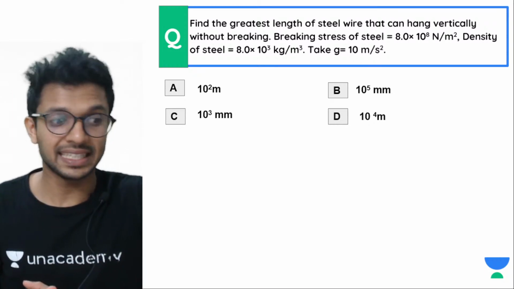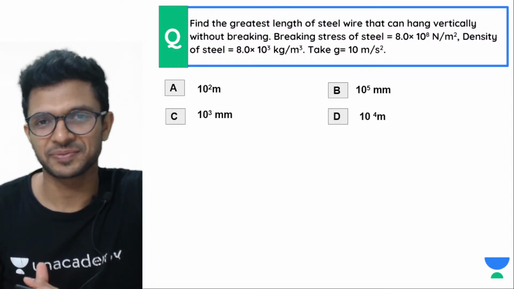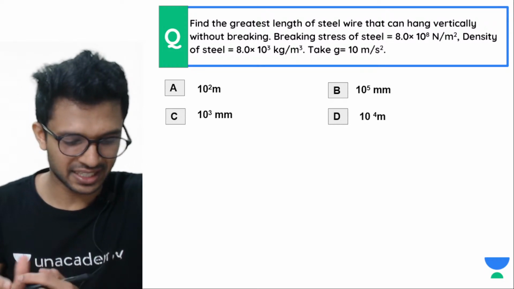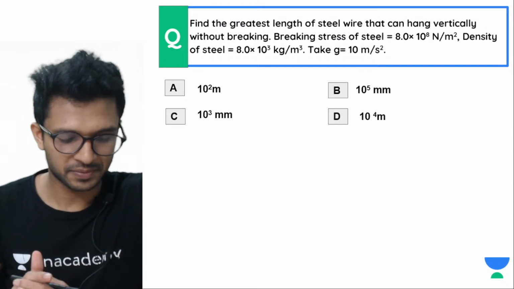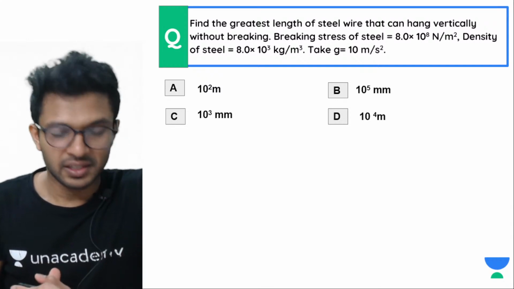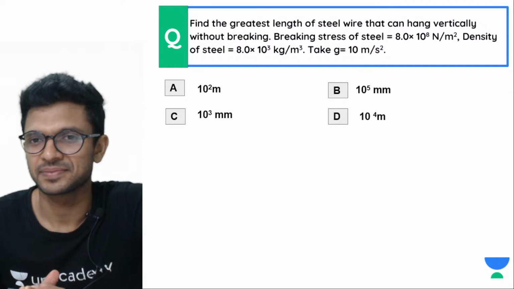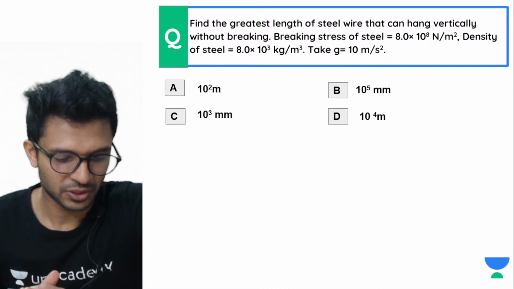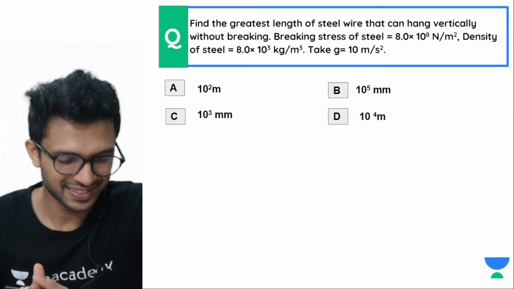Okay, so let's see how many of you are going to give me the correct answer. अच्छे से. Let's see. हो गया? Shraddha is like A, Vivek is like a C. आंसर